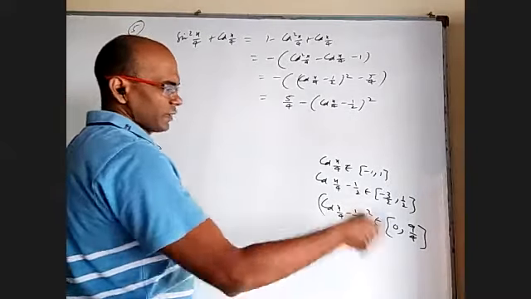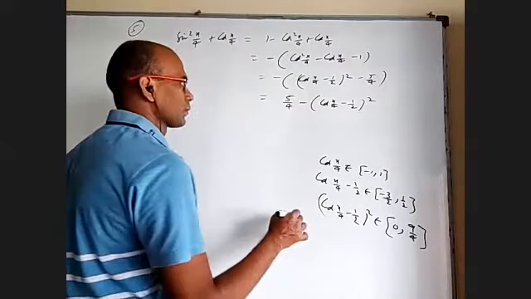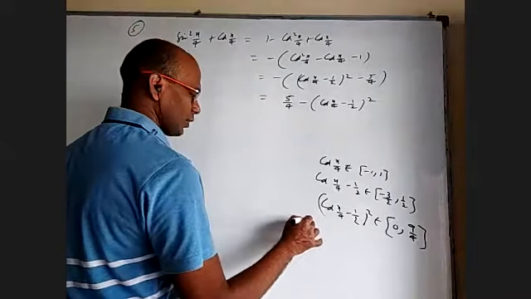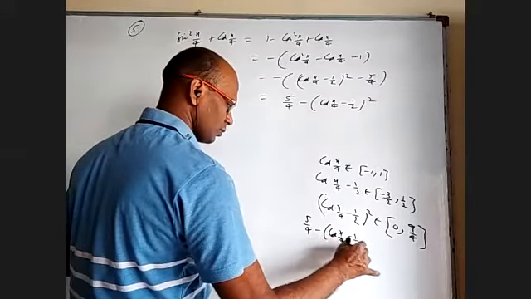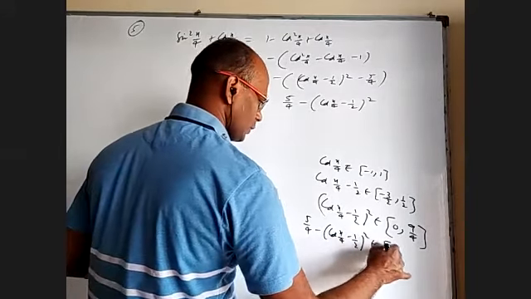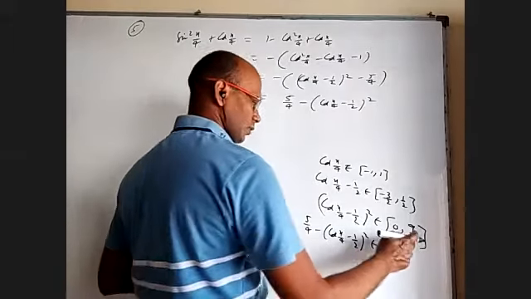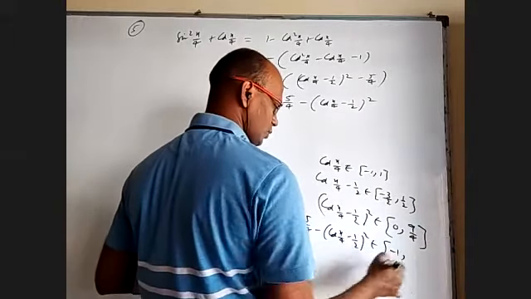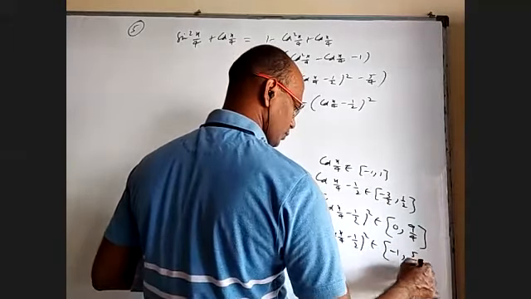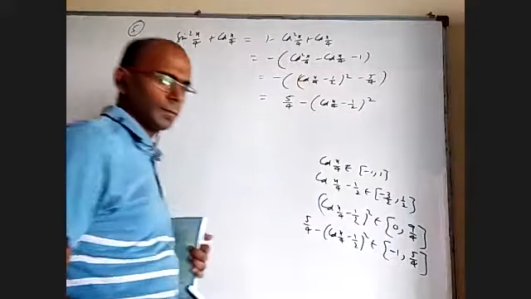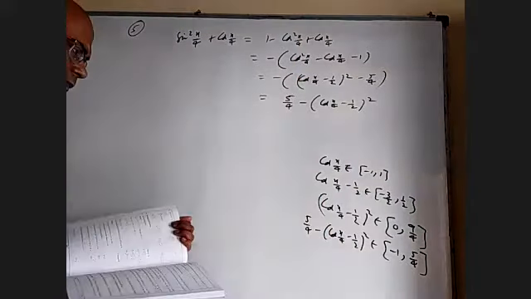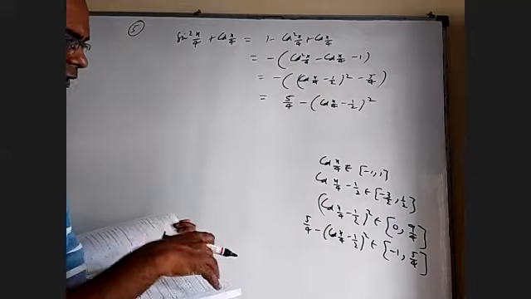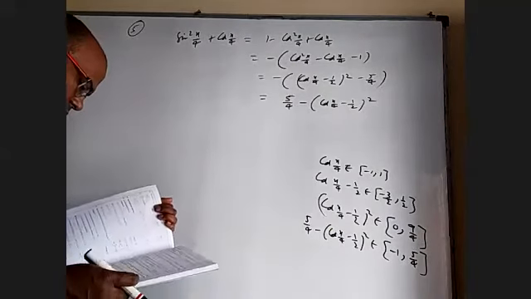And if I take 5 by 4 minus this, 5 by 4 minus cos x by 4 minus half whole square, that will be 5 by 4 minus 9 by 4, minus 1, to 5 by 4. Okay, so integer part can be minus 1 or 0. Two cases are there.